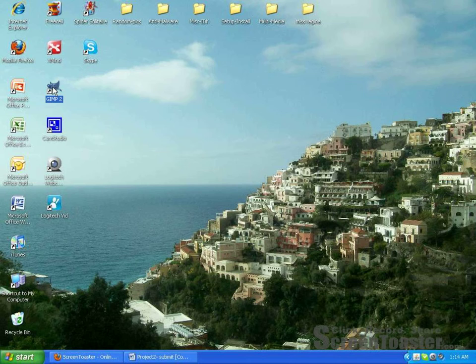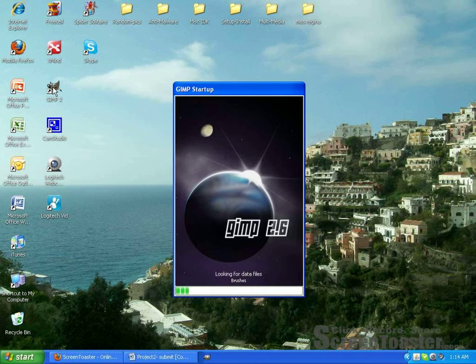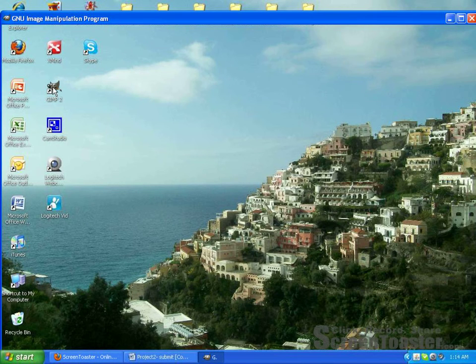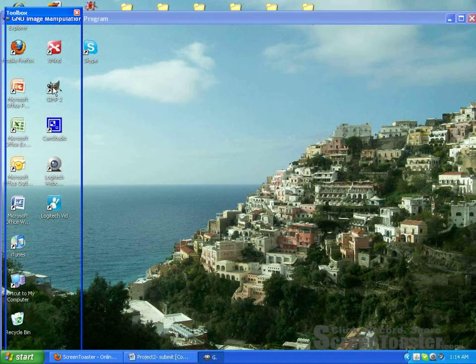GIMP is a free webware that I downloaded from the internet, and when I downloaded it, it came to my desktop here. So I'm just going to go ahead and open it up and show you some basics about GIMP. This tutorial screencast is for my web communications class. Just some basics about GIMP, and GIMP acts like a photo editor, like a Photoshop, except it's completely free. And it does a lot of the basics, and I was actually surprised at how easy this was to get